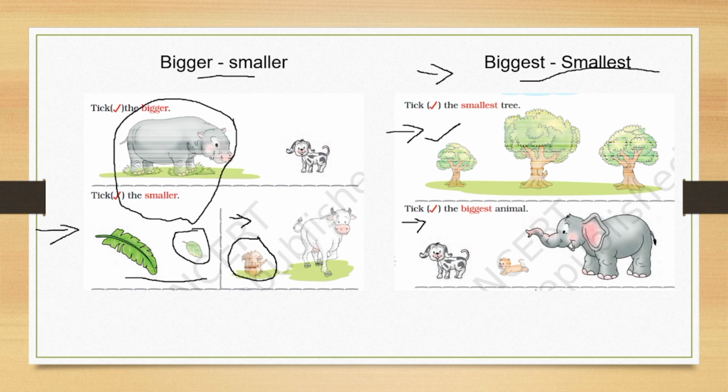Biggest means there will be more than two images. Here one image, 2 and 3. Among these, which is the biggest animal? Yes, the elephant is the biggest animal. So we will tick this one. Elephant is the biggest animal. Okay, you got the difference between bigger, smaller and biggest, smallest? Okay. Then,